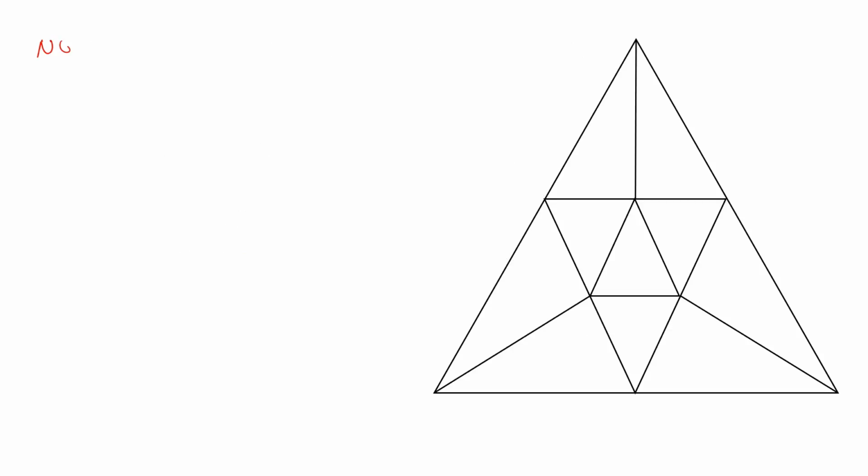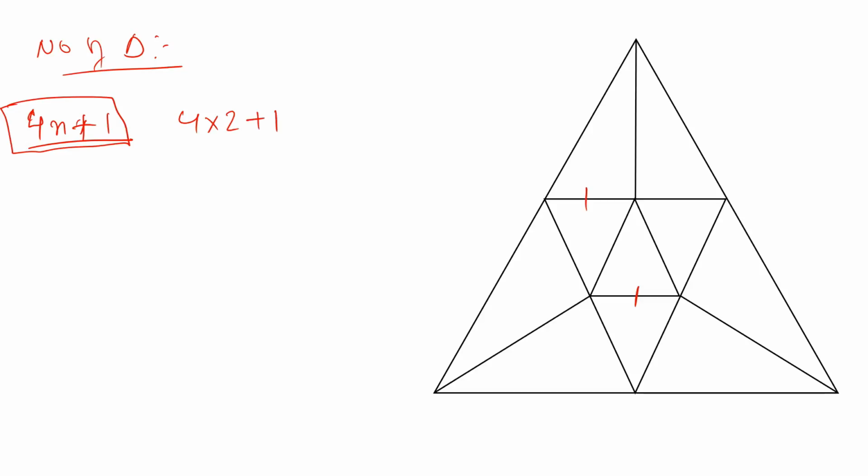Now the number of triangles in this pattern of triangles, we can still use our formula, that is 4n plus 1, but with a little bit of modification. So n here is the number of inner triangles, 1, 2. So 4 multiplied by 2 plus 1, and the modification here is that we have to count